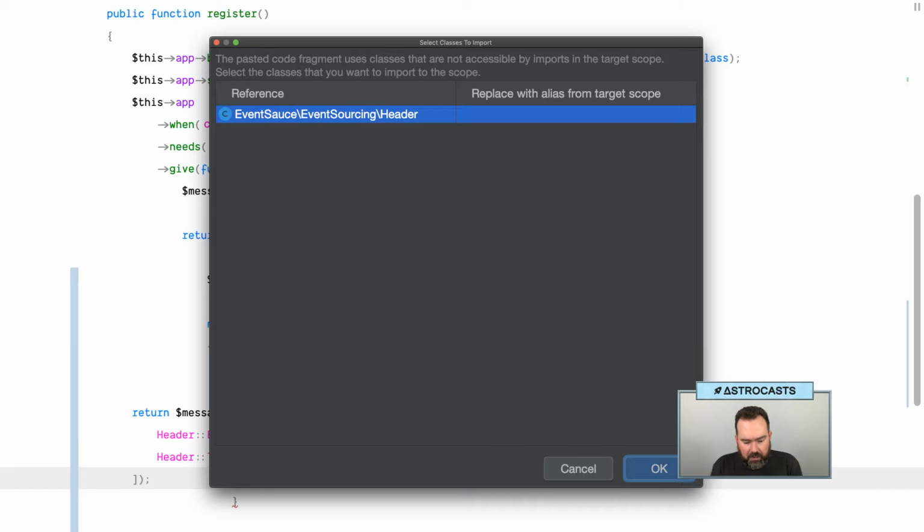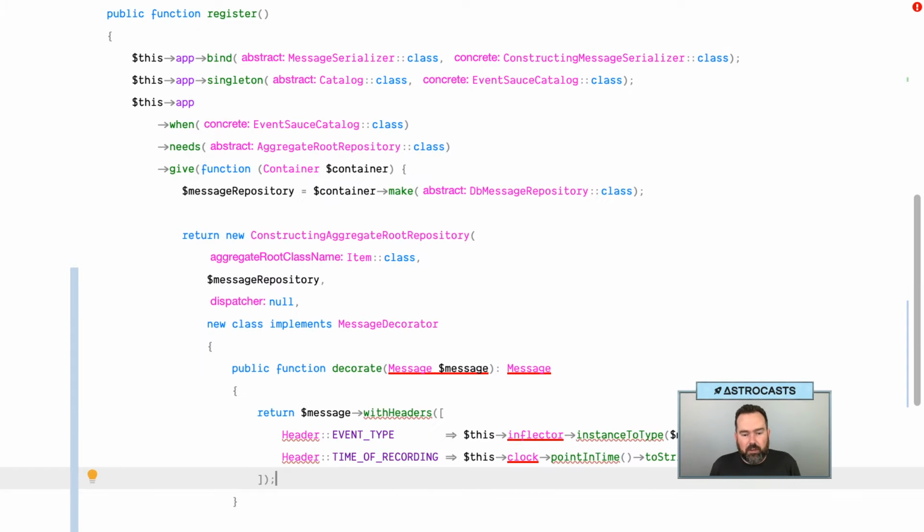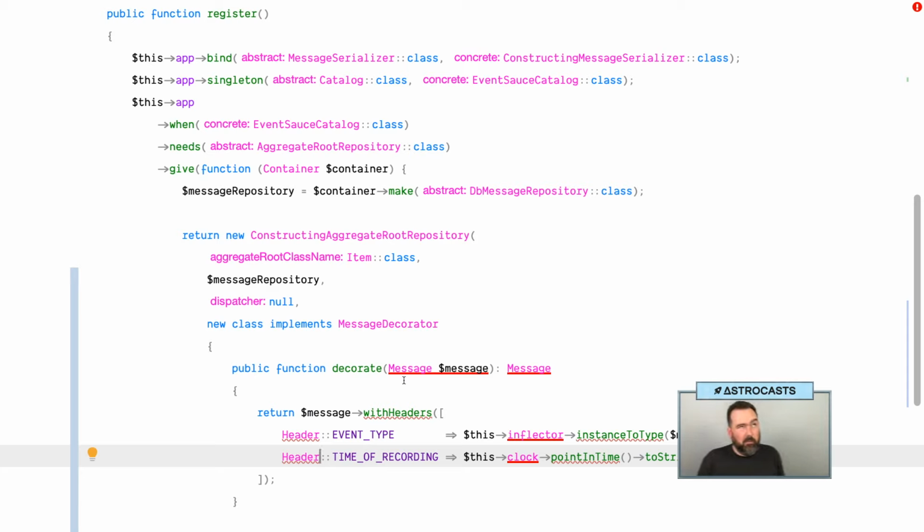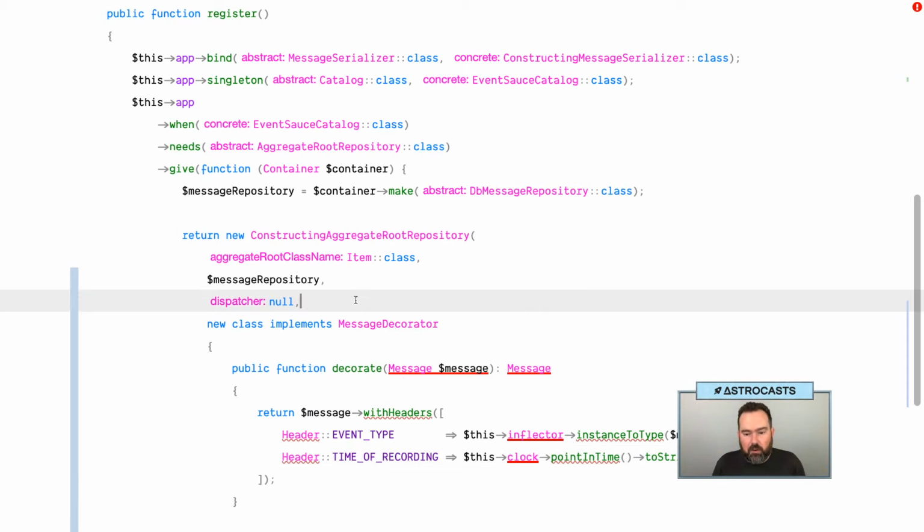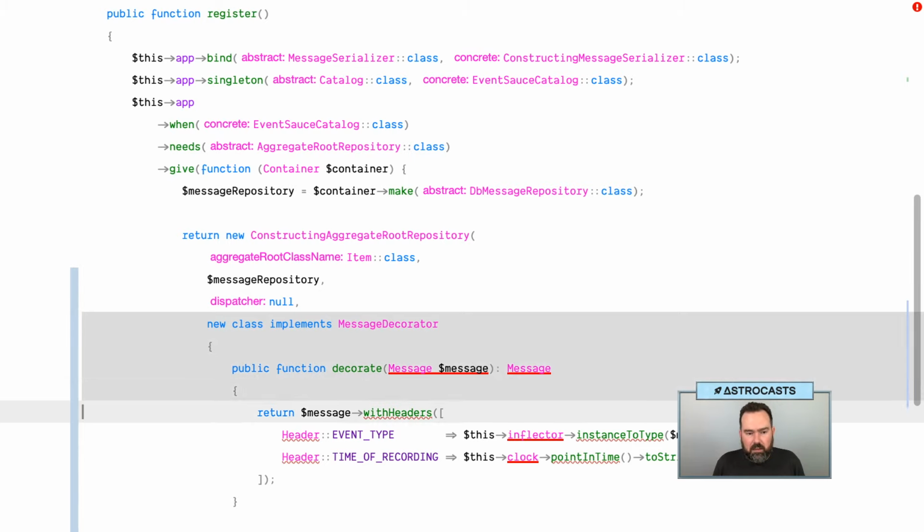So Frank just wrote into chat, insider tip, the default header decorator is needed at least. If you want extra headers, combine them by composing them into a message dispatcher chain instance. Okay, so what I was going to do is just paste these in. What Frank is saying to do is do this the right way and use the decorator chain. I'm remembering now that is what he had mentioned. So what I'm going to do instead